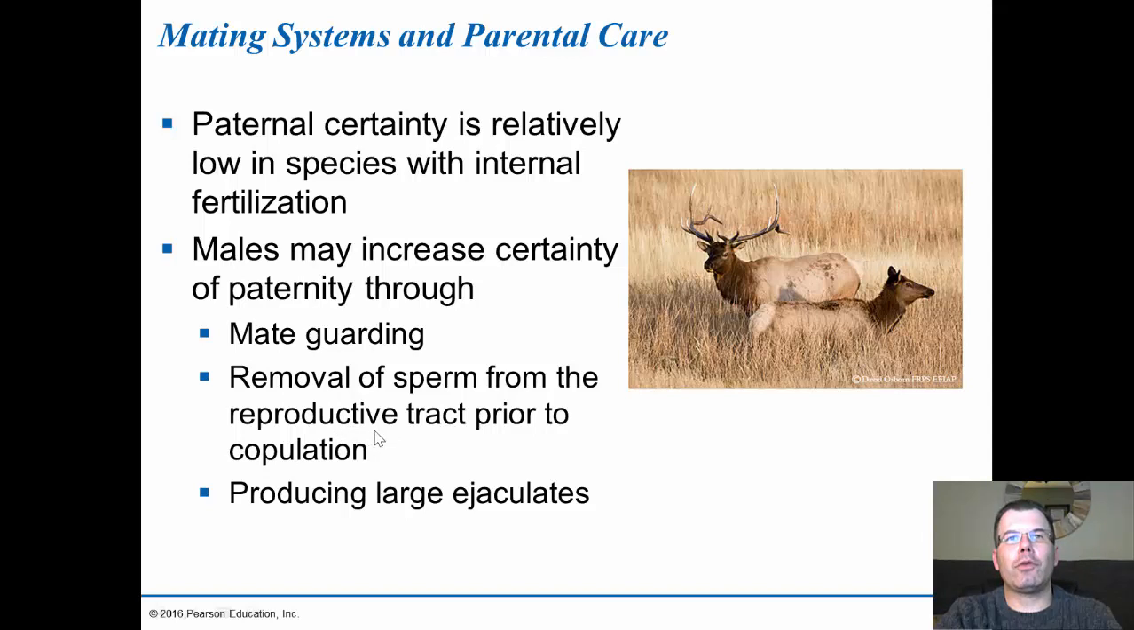Another thing that animals will do is removal of sperm from the reproductive tract. There are times where males will secrete a chemical to remove sperm from the other males that have previously copulated with that female. And so we know examples of this. There are situations where the sperm from the previous animal will be removed, and then they'll copulate. And then the other situation is by producing large ejaculates to make sure that the sperm